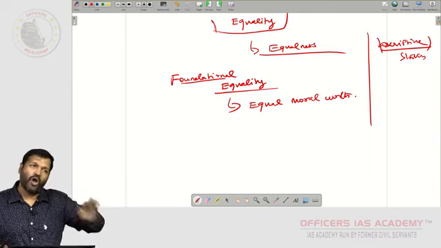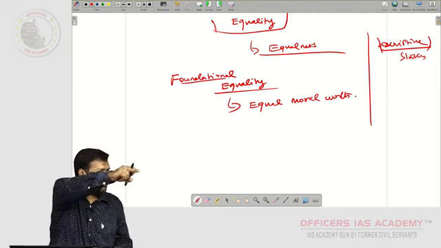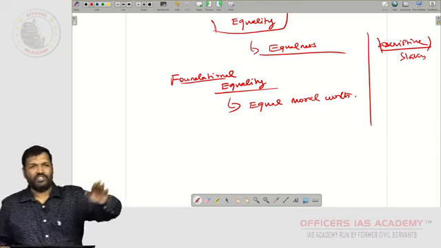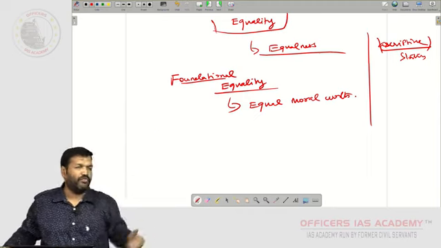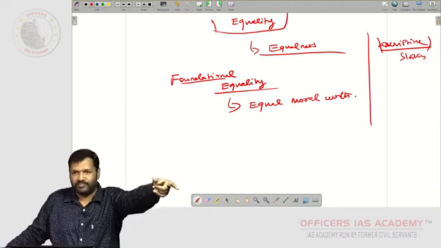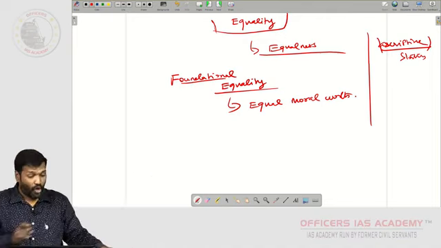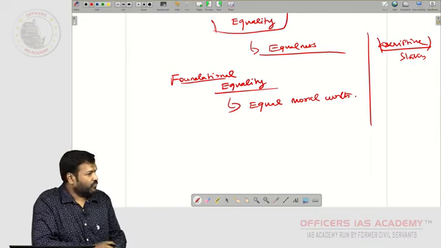So all have equal worth in the foundation. In the foundation, all are equal. You cannot say certain people are upper class or upper caste or noble, divine birth, and so on and so forth, and give them more privileges. That is impossible. Nothing like that exists, argued the people of foundational equality. Understood?